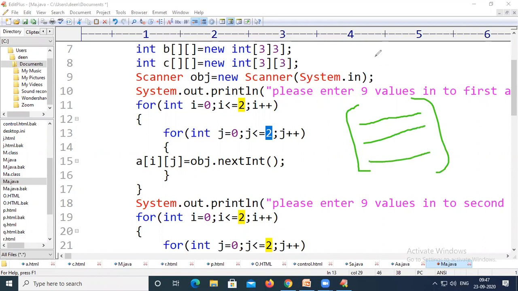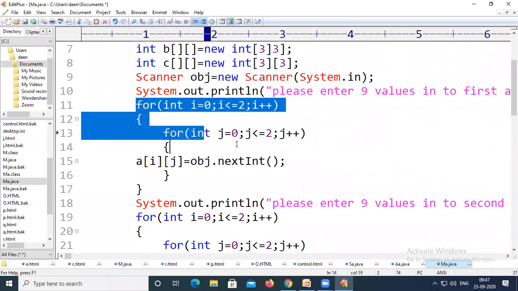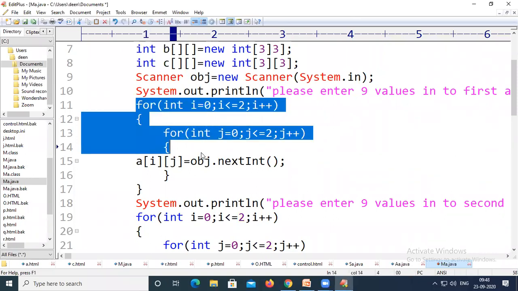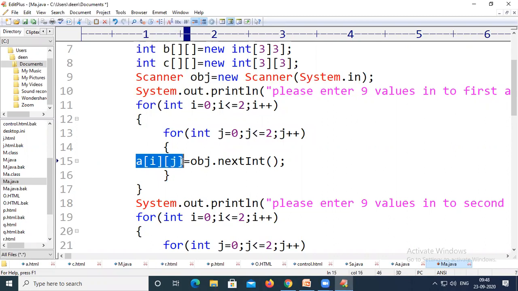This is generally what will happen if you have a for loop like this. And we are taking integer values, that's why we are using nextInt.